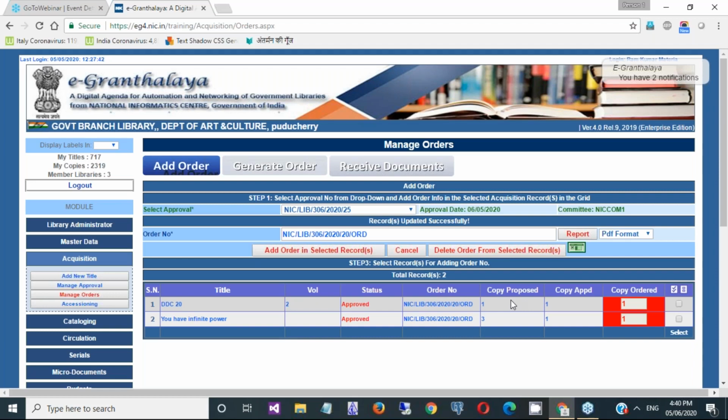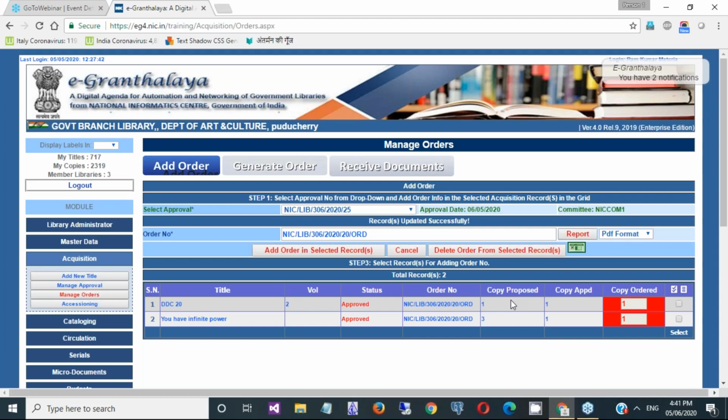For example, if we got approval for 100 titles, we may place an order for 20-25 books in March and another 75 titles in May or June. Whenever you want to give the order, you can delay it. There is no consideration of period in eGranthalaya.